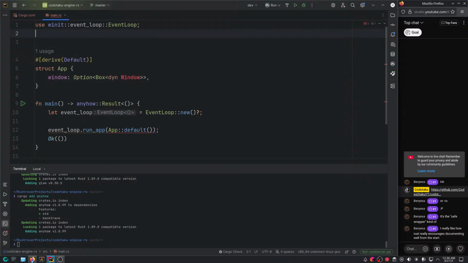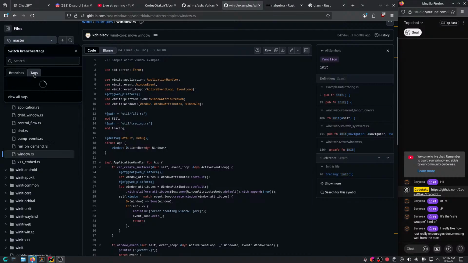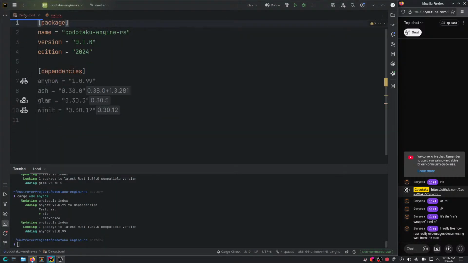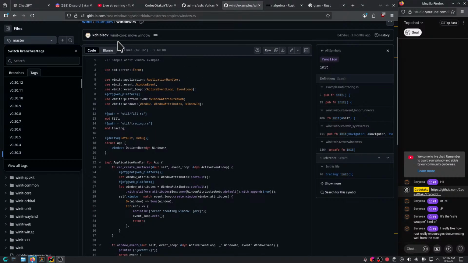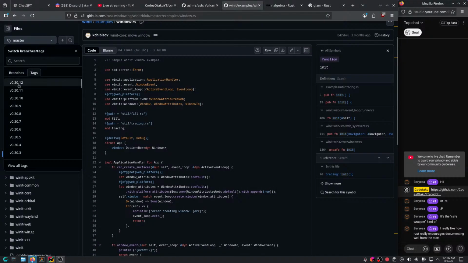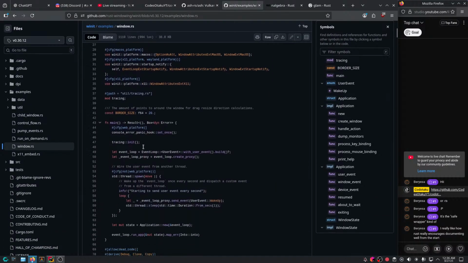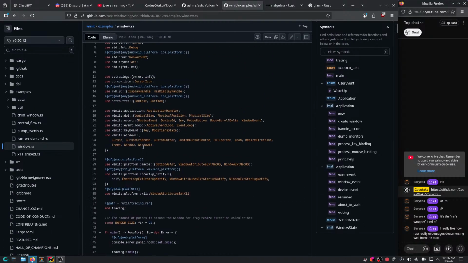So what's up? Wait, let me make sure I'm in the right version, by the way. Which version am I on? Because here this is master, right? So this is the main, and this always trips me up. So 0.13.12. Let's go to 0.13.12 and let's see what we got here.